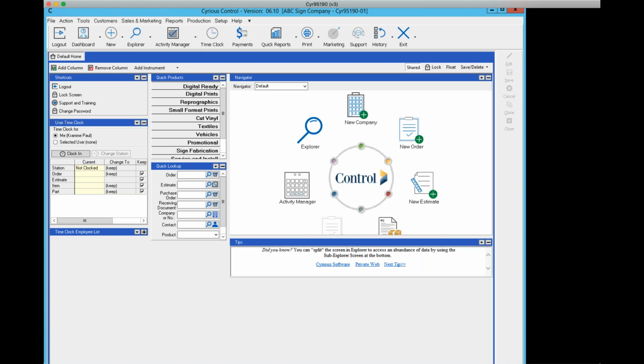you're going to see my creativity on artwork, which is not very deep. I'm going to try to visually illustrate a lot of the things that we'll be talking about. We won't be spending a great deal of time in Control necessarily, but we're going to be talking about concepts. We're going to be talking about processes. And the ultimate objective is there will be a couple of tools for you to use away from the webinar